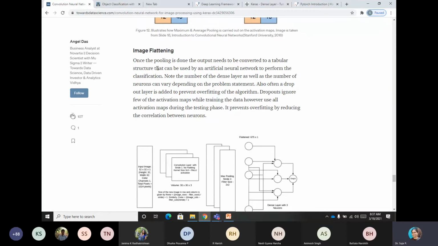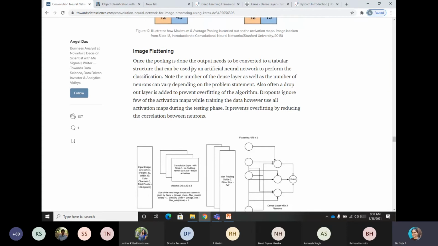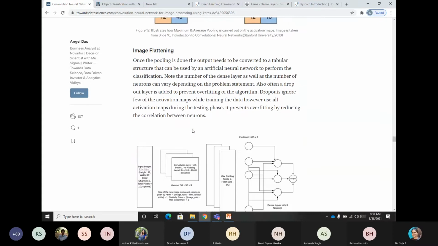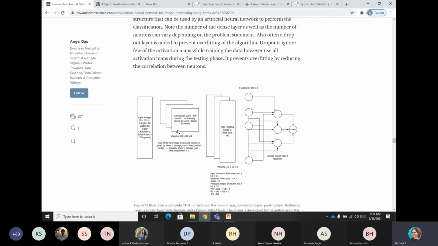And what happens in image flattening is, all these elements which are in multi-dimension, or in the 2-dimension case, will be flattened and written in a single array or a single column vector. So that is called flattening. What is available in the array form will be made into a single column, like this.